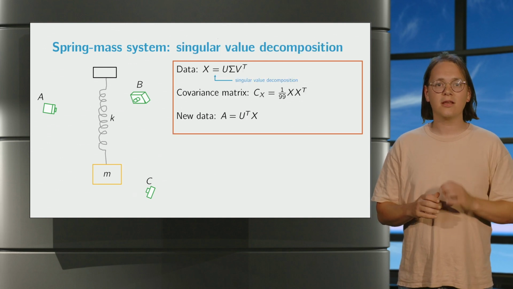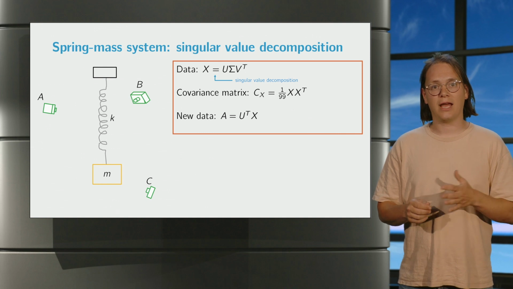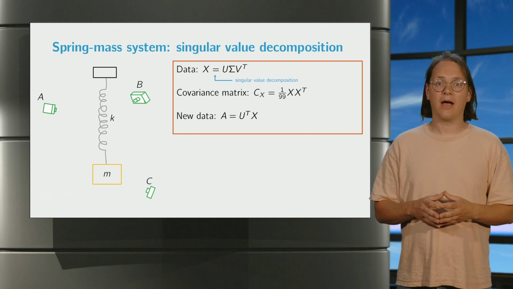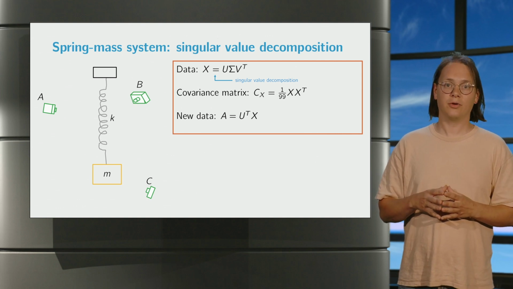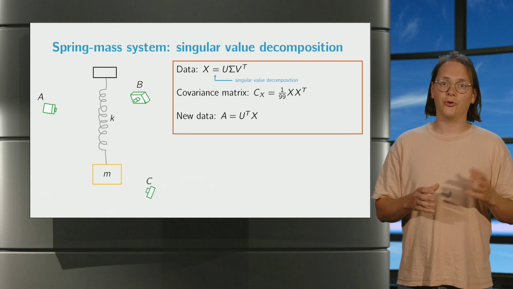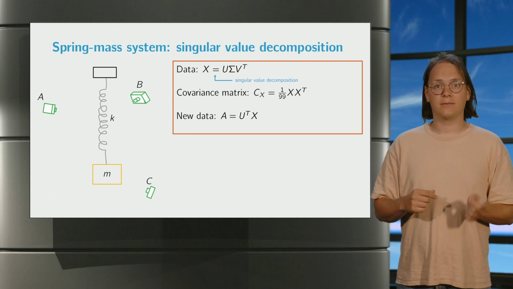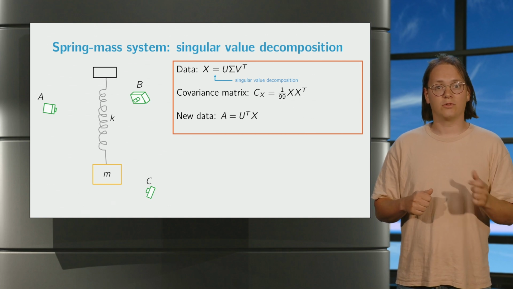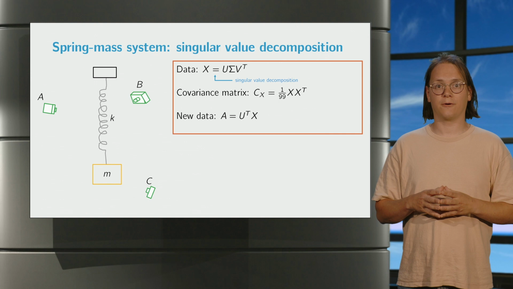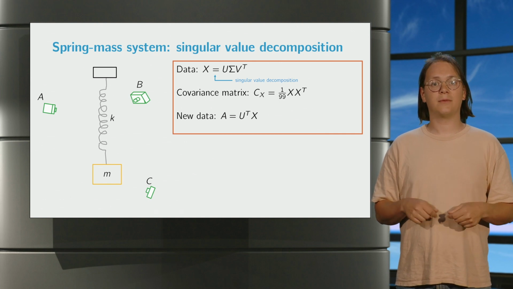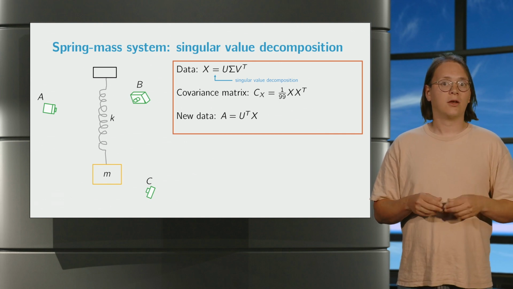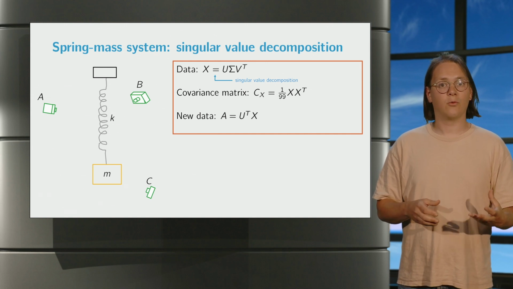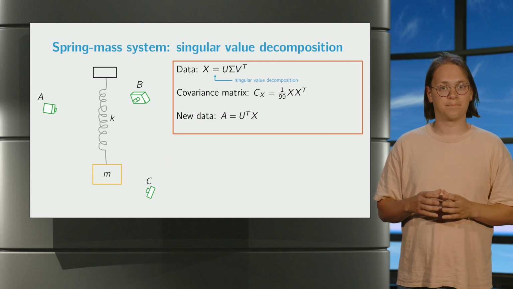If we consider the singular value decomposition of X, we find that X equals U times Sigma times V transpose, with U, V, and Sigma having the properties associated with a singular value decomposition. In particular, U and V are orthogonal, and Sigma times Sigma transpose gives us a diagonal matrix D, which has the eigenvalues of X transpose times X on its diagonal in decreasing order. The new reference frame is provided by the orthogonal basis, which provides the columns for the matrix U. So our new data matrix will be A, which equals U transpose times X.